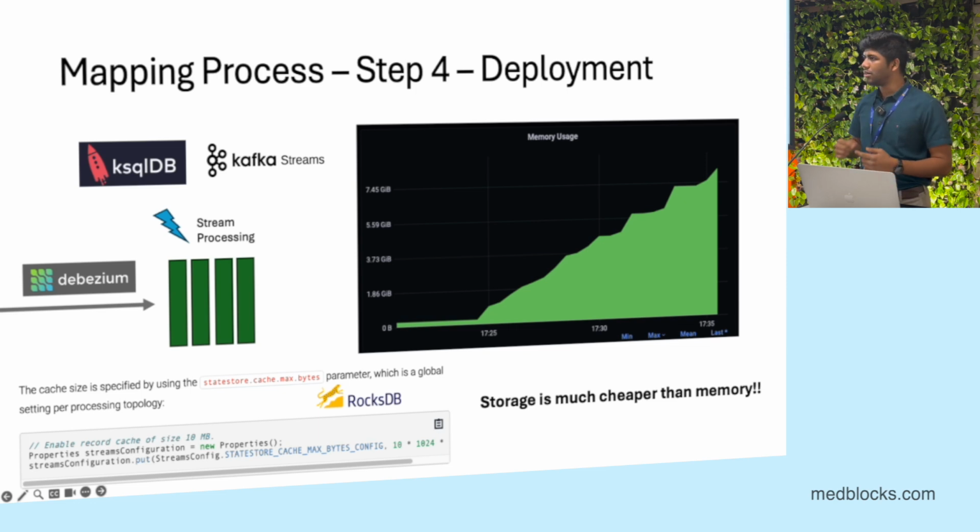So initially the snapshot and the mapping process is very intensive. It's still memory intensive and still storage intensive. But once the initial part is done, you have this backlog of all of this data, you transform that, you do all the table joins. What we do is, again, storage is much cheaper than memory. In any cloud vendor, it's going to be like 100x cheaper. So it just makes sense to use a hard disk, mount it to some volume, instead of putting that